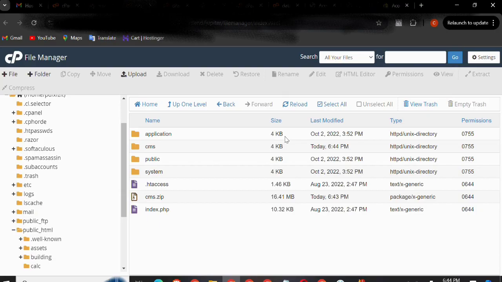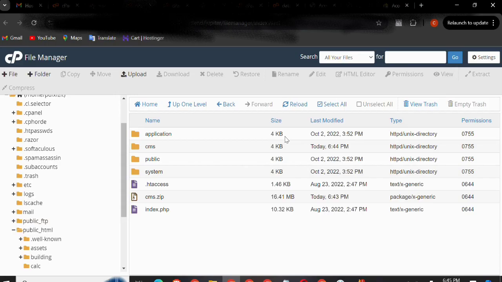However, for you who is doing it for your primary domain name, you just have to type your domain name and it's going to load up. So now we've uploaded and extracted our file. So the next process here is we need to create a database information that will be used to do the